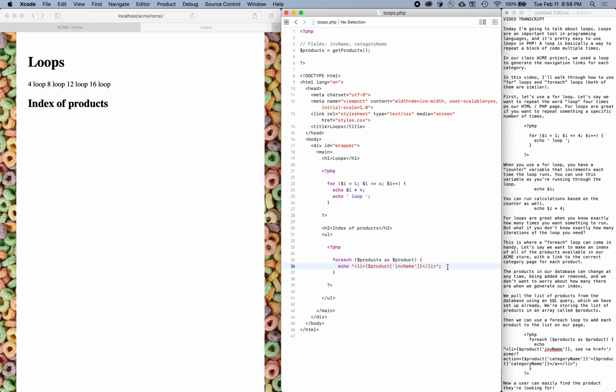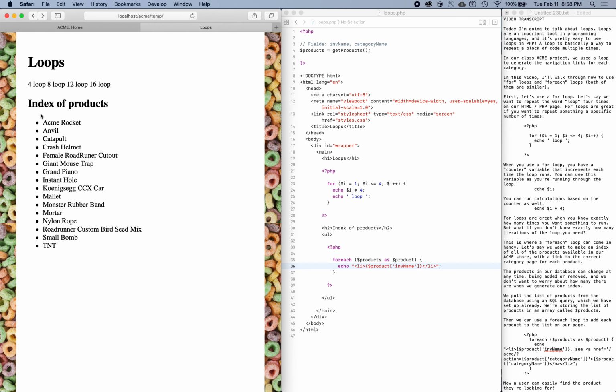Don't forget the semicolon at the end. There's our list of products. All the products from the database. Okay, since this is an index, of course we need links to the category page for each product. So href equals and our URL will be